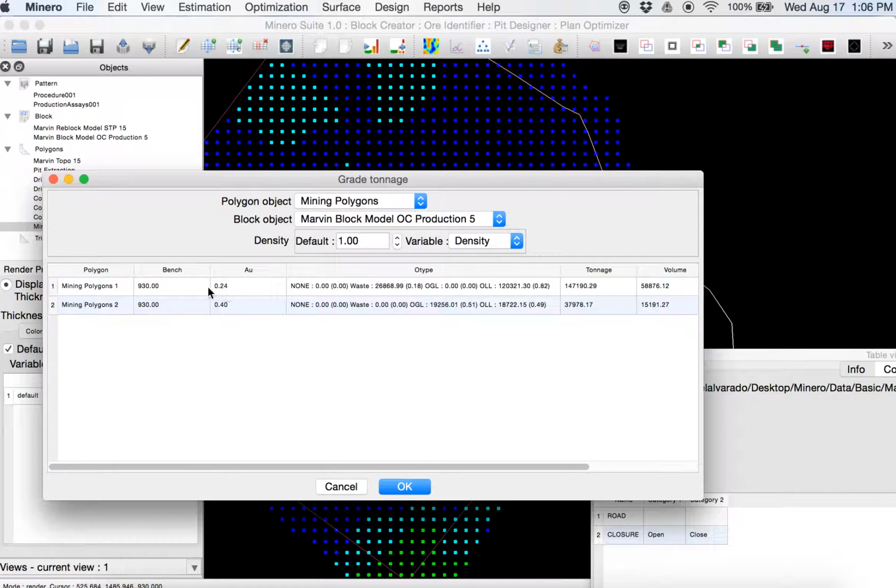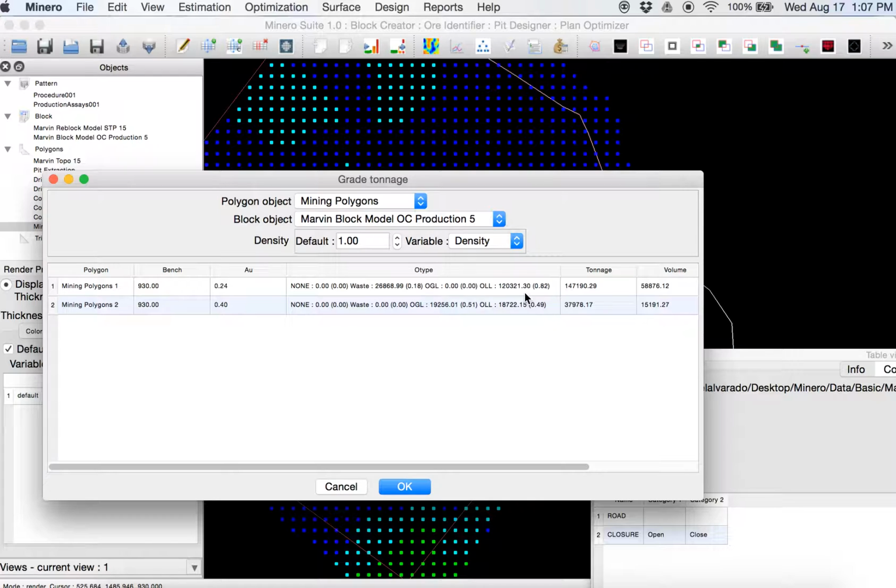average gold is located actually in bench 930, gold grade 0.24 weighted average. We have the classification for ore type: 18% is waste material and oxide general leach, and oxide low leach, 82% is in here.